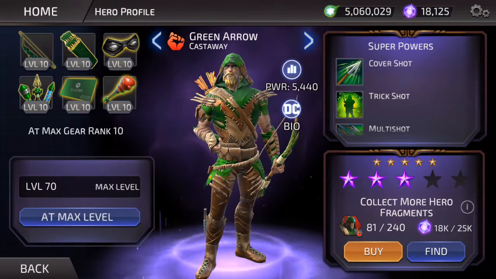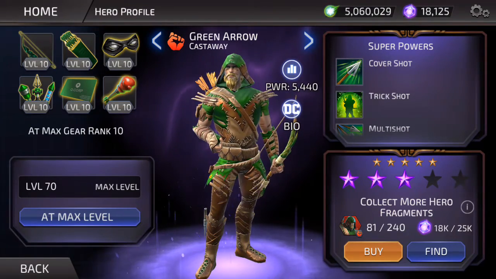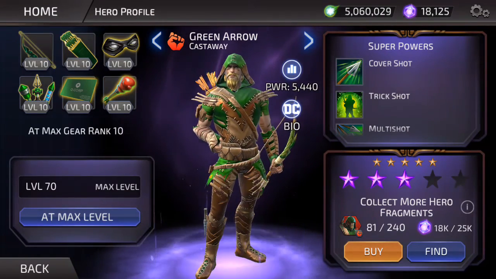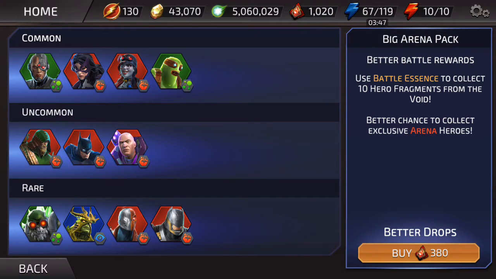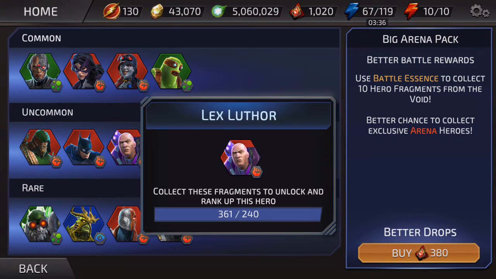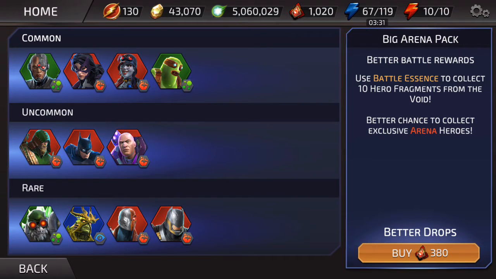There was Castaway Arrow. There was Doomsday. I have to go check it in order to show you exactly here. Also, it was giving you green willpower or blue one on the big pack, but a small pack was better. So yeah, they were Castaway Arrow, Assault Suit Lex Luthor, World's Greatest Detective Batman. Then you could get Doomsday, Swamp Thing, and